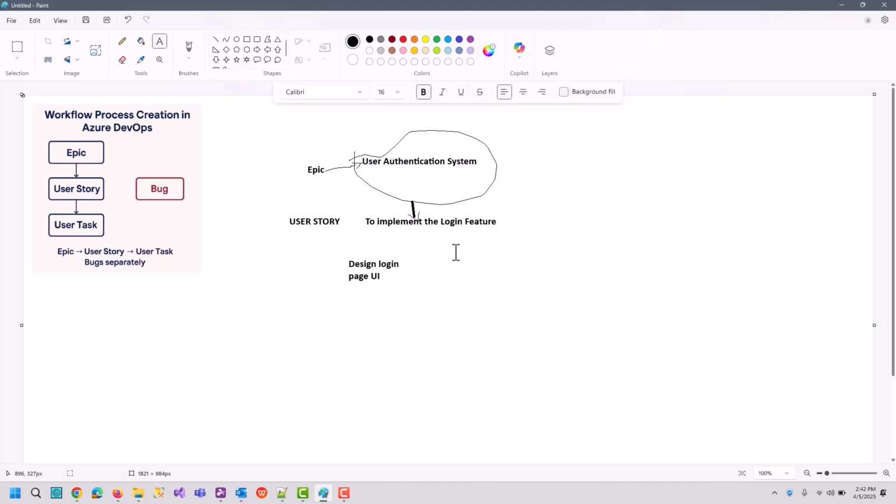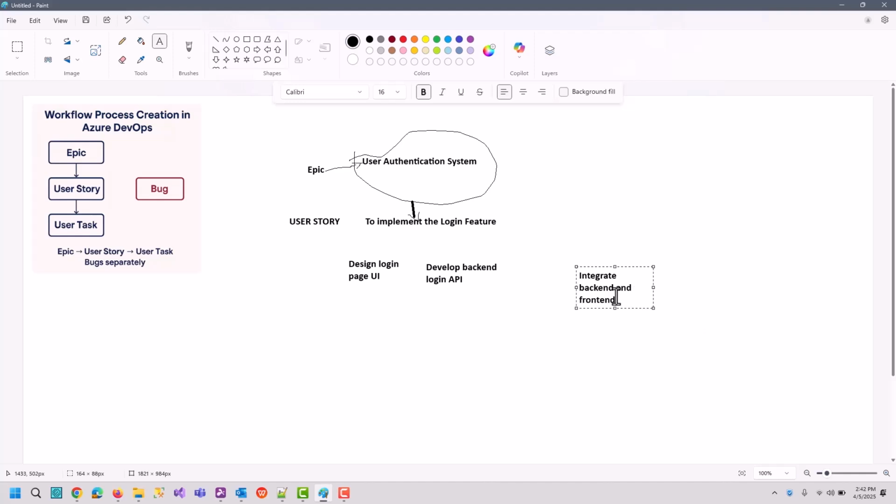Then you can create multiple tasks. For example, develop backend login API. Correct? So integrate front end and back end. You can create one more task.